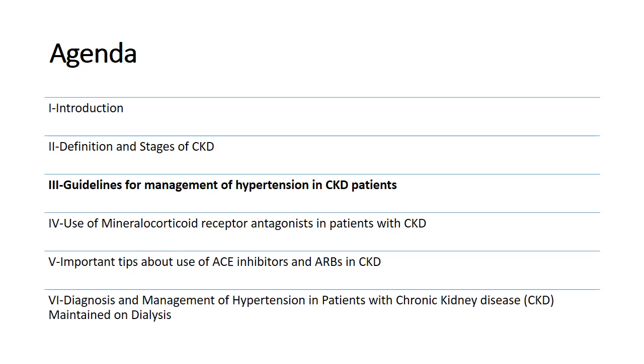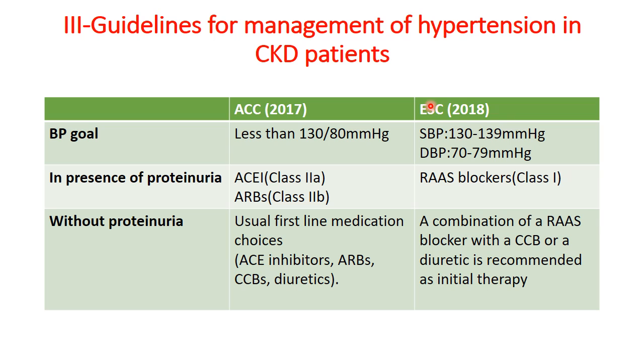What about the management of hypertension in CKD patients according to the guidelines? This table summarizes the recommendations and the difference between the European and the American guidelines for management of hypertension. As regards the blood pressure goal, in the American guidelines it is less than 130 over 80 mm mercury. In the European guidelines, the blood pressure goal is systolic blood pressure between 130 to 139 and diastolic blood pressure